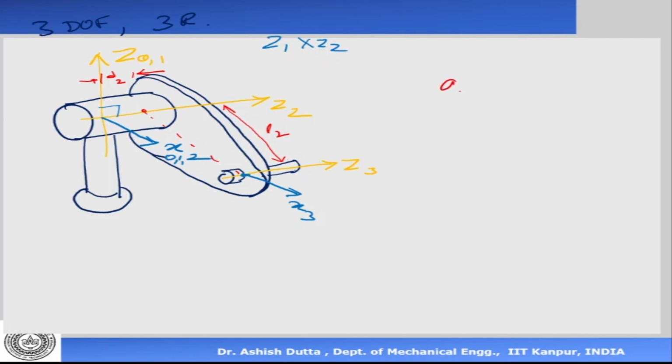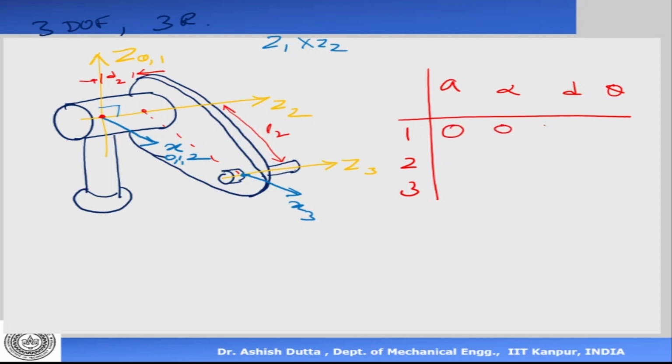Now let's write a DH parameter table: A, alpha, D, and theta. So this is 1, 2, and 3. Now the first axis and the 0 axis are here. They're the same axis actually. So everything is 0 here: 0, 0, 0, theta 1. So when this manipulator moves like that, the angle between x1 and x0 will change. So x0 will be fixed always, right? It cannot change. It's a fixed axis. Only x1 can go that side, or x1 can come this side, on that plane. Okay. So this is my first axis, which is rotating, which is 0, 0, 0, theta 1.